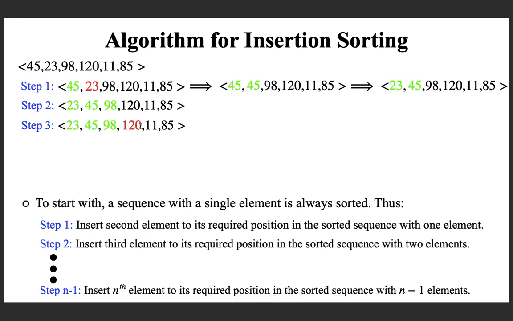Now you look at the next element. Here again you are lucky, because you can see that this is the sorted list where the largest element is less than the element to be inserted. That means this is exactly the position of that element. So nothing to be done. Now you have got, after step 3, 4 elements which are sorted.